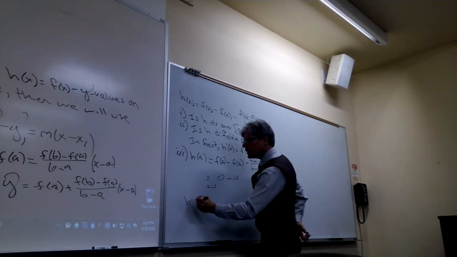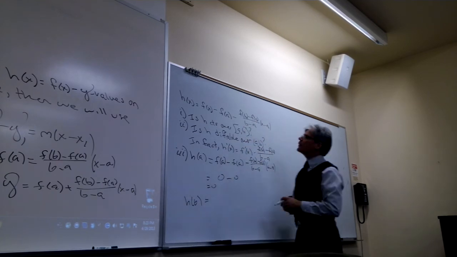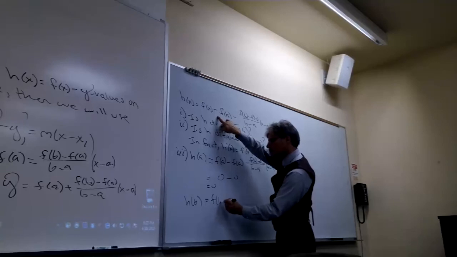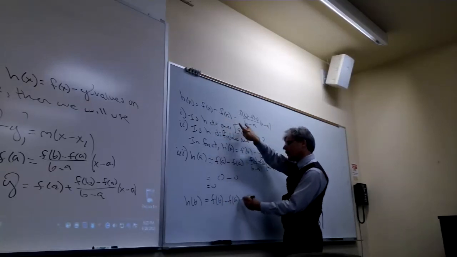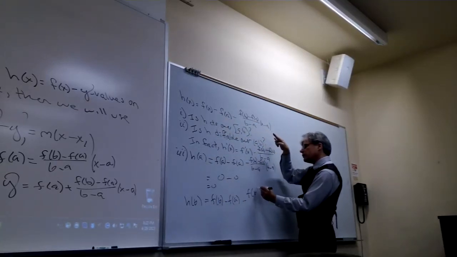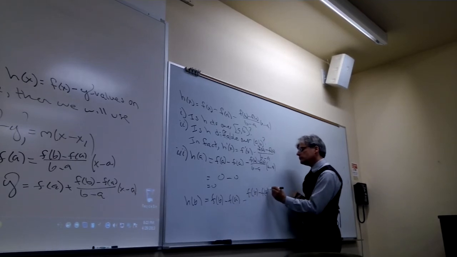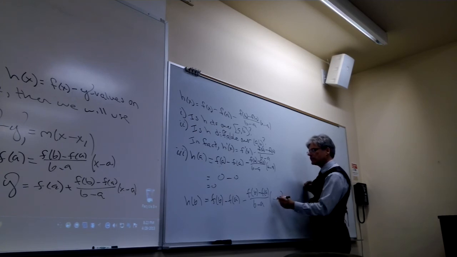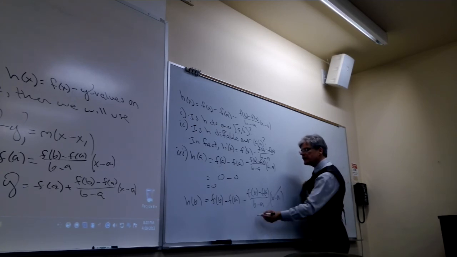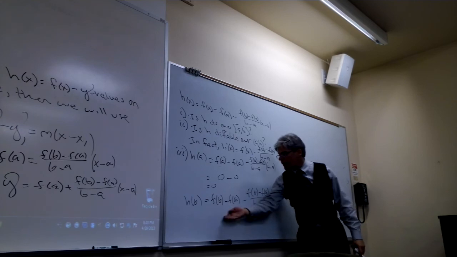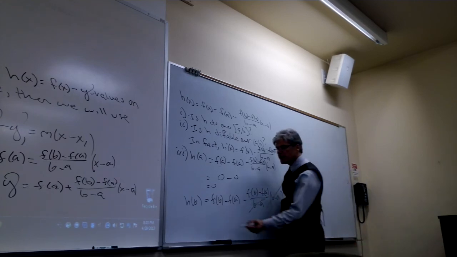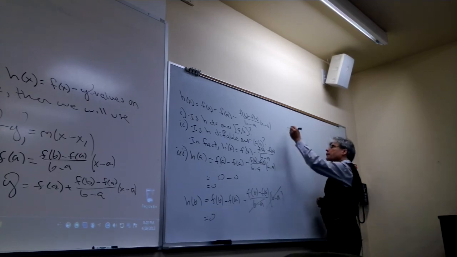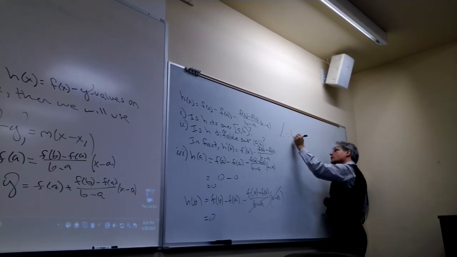And when I take a peek at h of b, I get f of b minus f of a, minus my nifty little fraction here, all over b minus a, times b minus a. Well, shoot, these b minus a's cancel. Now I'm left with one thing minus itself twice. Isn't that just simply going to give me 0 again? Therefore, by Rolle's theorem,